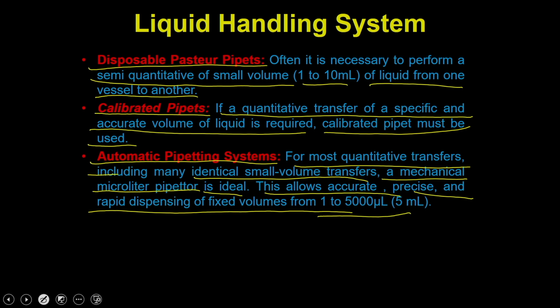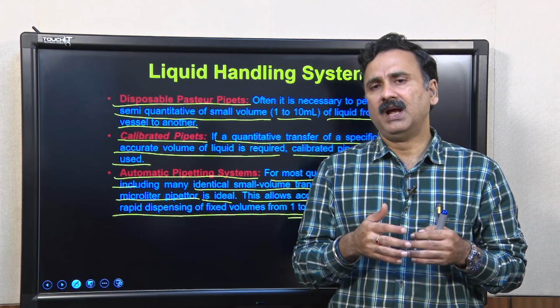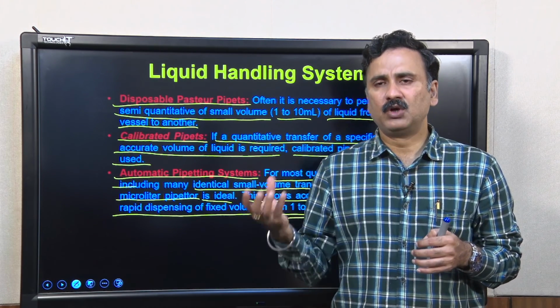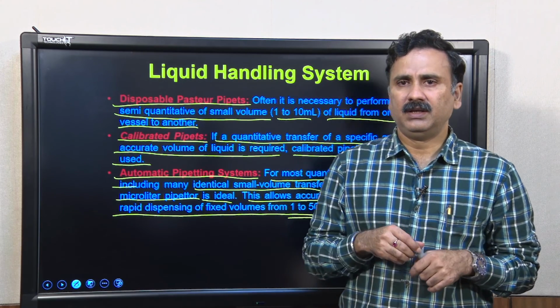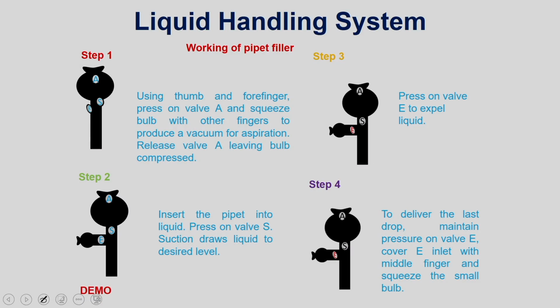So, these are the multiple options you have when you are talking about liquid handling systems, and let us understand how these liquid handling systems actually withdraw and dispense the liquids. In a typical system, suppose I have taken the example of the rubber bulb, where at this end you are going to connect the pipettes.